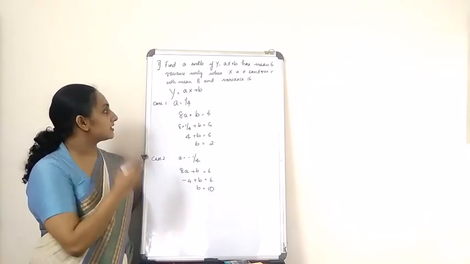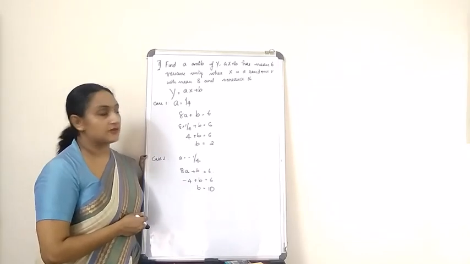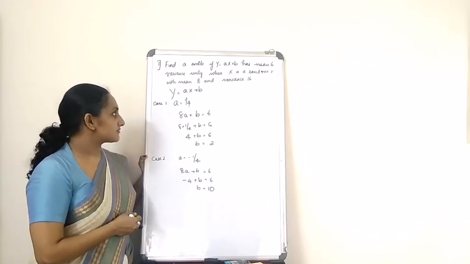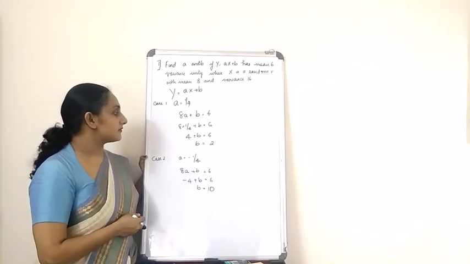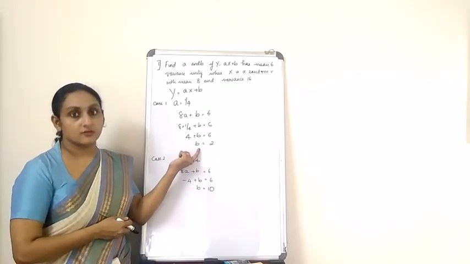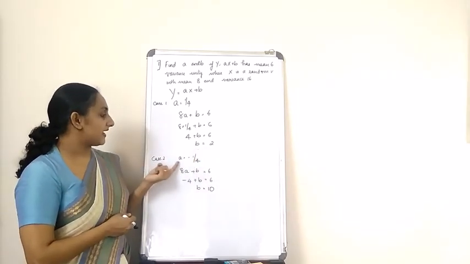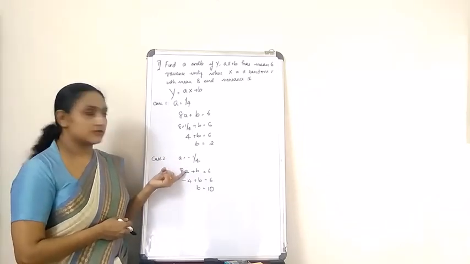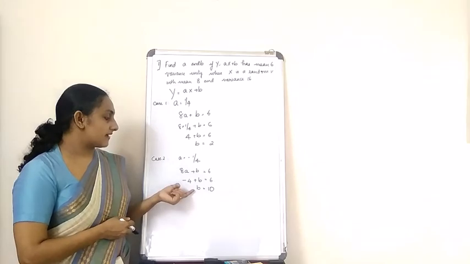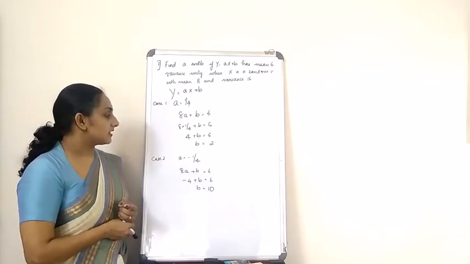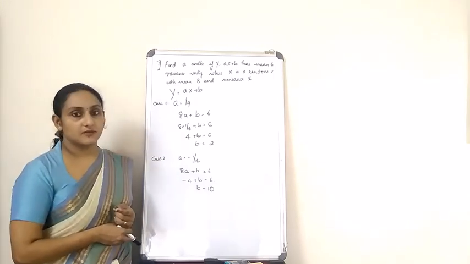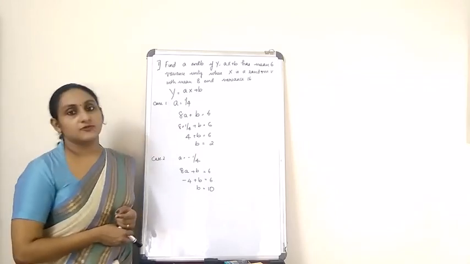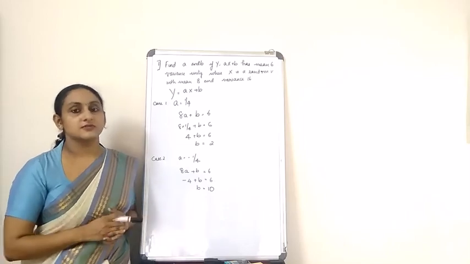So here, when k is 1, a is equal to 1 by 4, I am considering the equation 8a plus b is equal to 6, and substituting a is equal to 1 by 4, and then I will get b is equal to 2. Again, k is 2 when a is equal to minus 1 by 4, I am substituting minus 1 by 4 in this equation, and I will get the value b is equal to 10. So it is clear that a takes the values plus 1 by 4 and minus 1 by 4, and b takes the values 2 and 10 respectively. So the problem is solved.